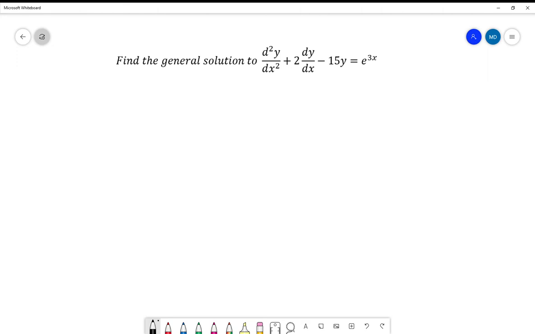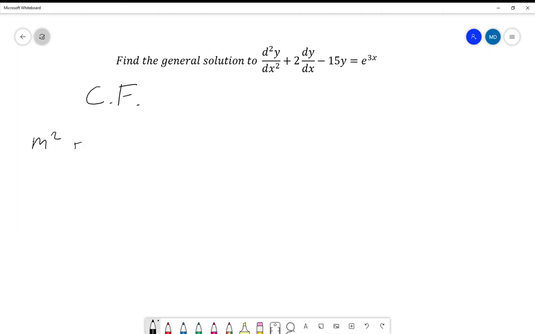Find the general solution to d2y by dx squared plus 2 lots of dy by dx minus 15y equals e to the 3x. So as always, what we want to do first is find the complementary function. And there's a very good reason why we do it in this order. So we want to find the complementary function. So we are going to solve